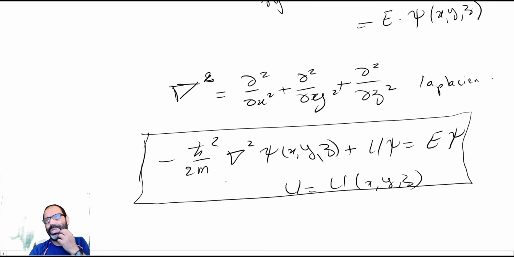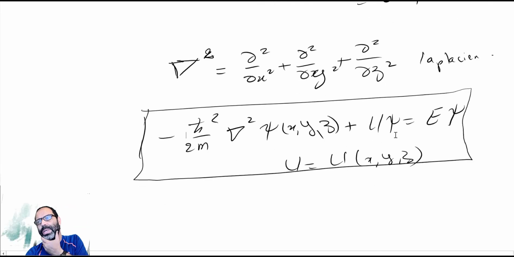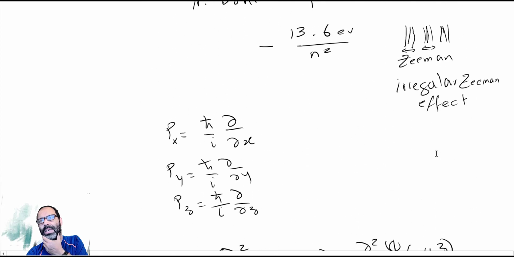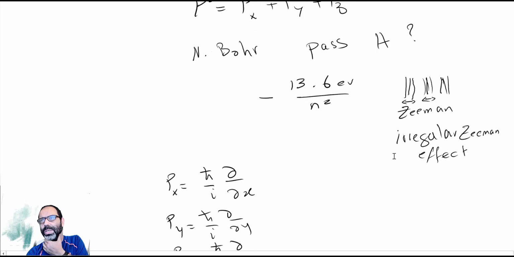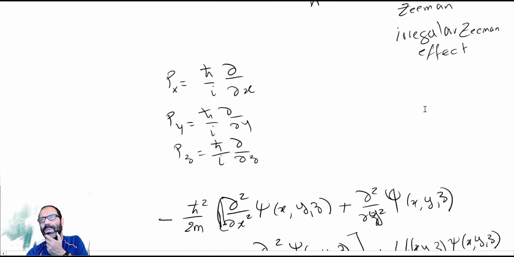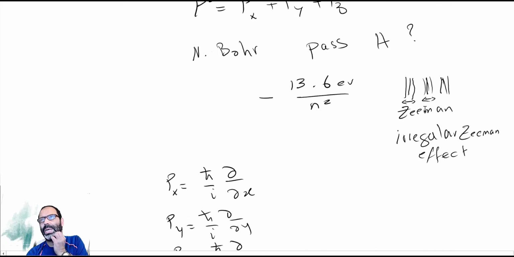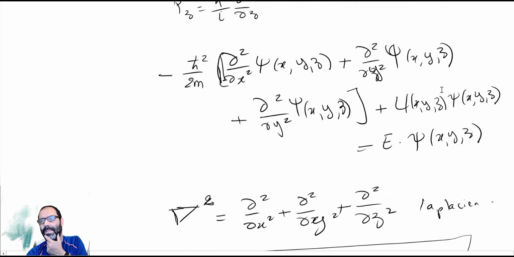which should help us, of course, if we know what the potential is, to solve these problems, to answer these questions related to the periodic table, not just a hydrogen atom. Okay, to be able to understand other atoms and also to address this Zeeman effect that I was talking about in terms of the splitting of the spectral lines, and there is some sort of a hidden structure that Mr. Niels Bohr's model could not detect. Not all, I mean, for the hydrogen atom things work fine, with the exception, even in the case of the hydrogen atom, in this case the splitting happens in the presence of the magnetic field. Okay, so